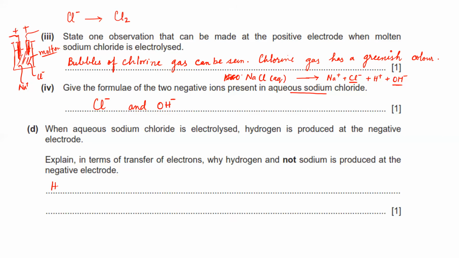So first of all, hydrogen ions gain electrons more easily than sodium ions,